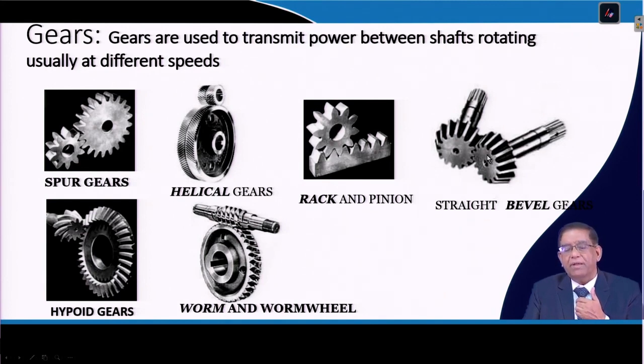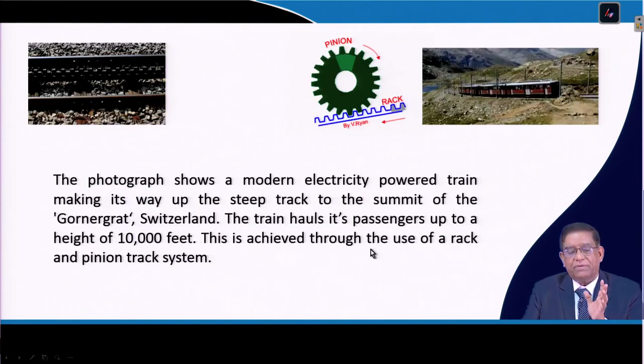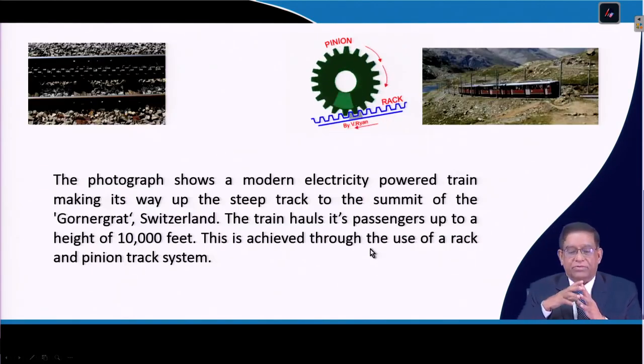Similarly, there are bevel gears, where the two shafts are at an angle, so we can use this bevel gear. Now, we have hypoid gears. This type of gear is used with a special type of profile, when we need the shafts at some critical angles. Then when we require a very high reduction ratio, you can go for the worm and worm wheel. So like that, you have different types of gears used, as we are seeing here.